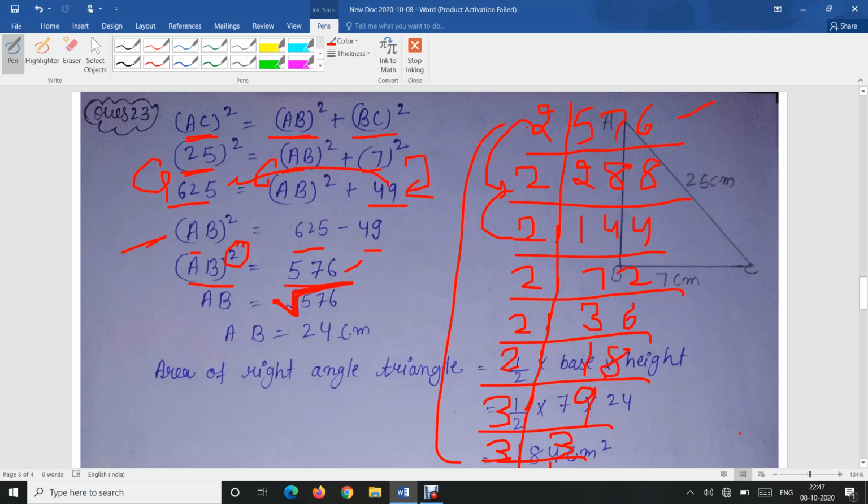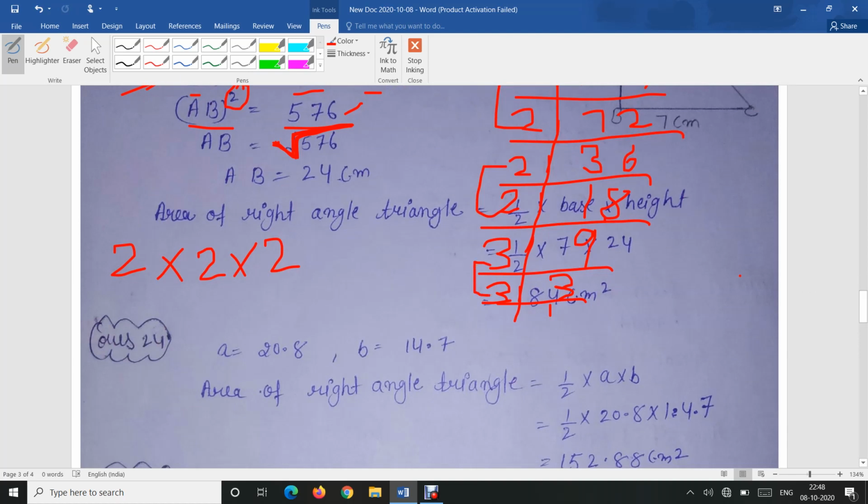But to find out the square root, you have to make pairs of 2s. So see, you have to make pairs of a number. The first pair is this, which means you can write it only once instead of 2 times. This pair will be the second, so you can write it only once instead of 2 times. Also this pair, and you can write this pair only once. Now the next one is the pair of 3, and you can write it once.